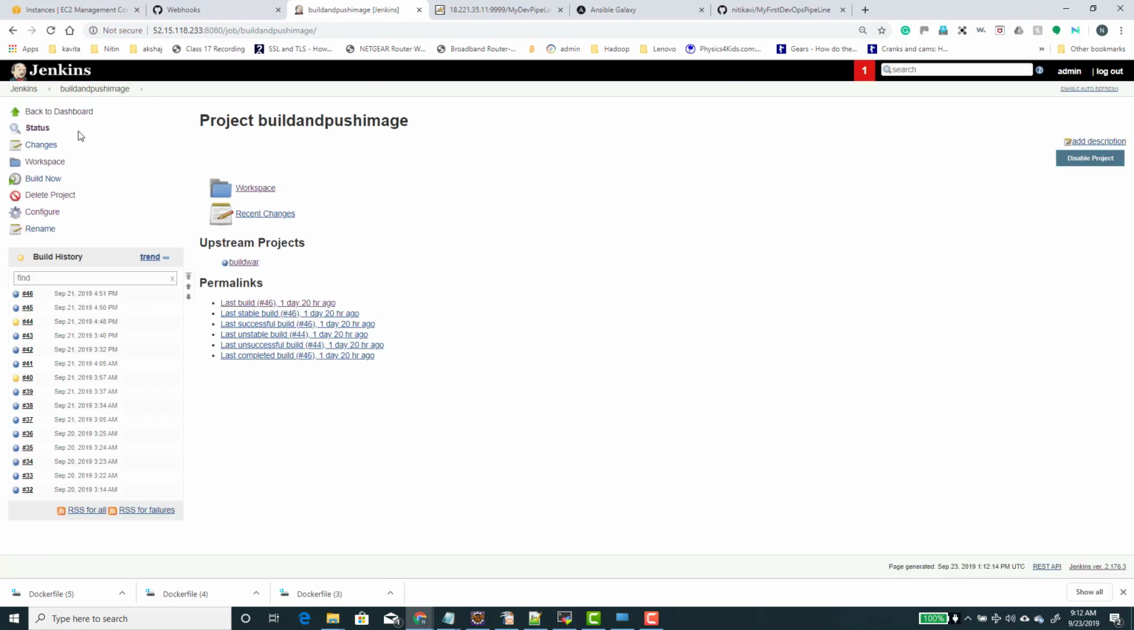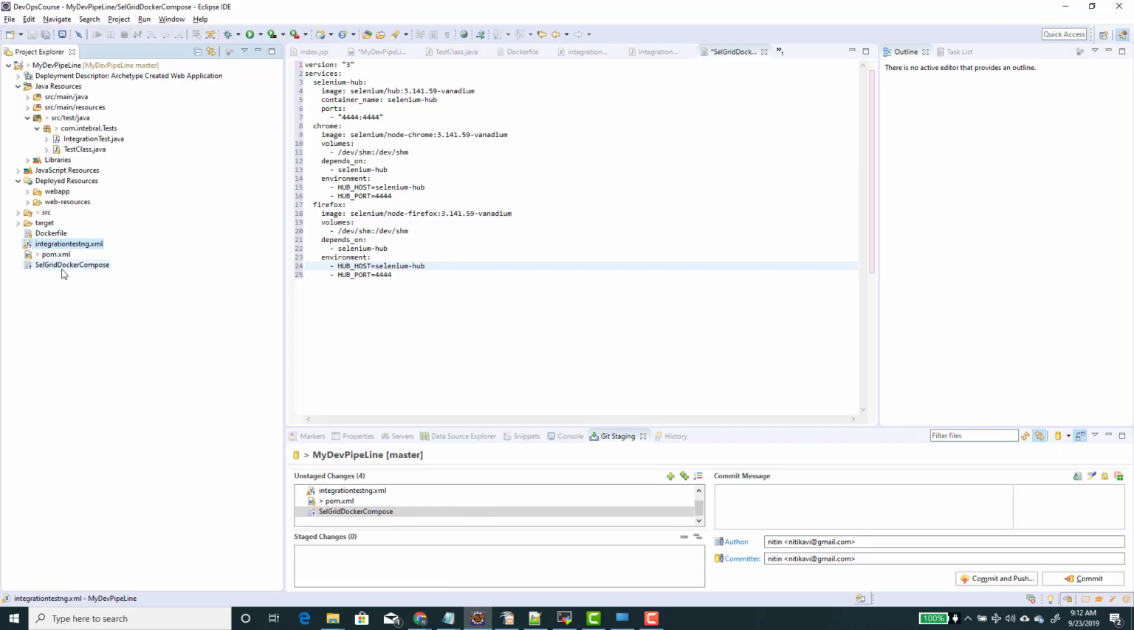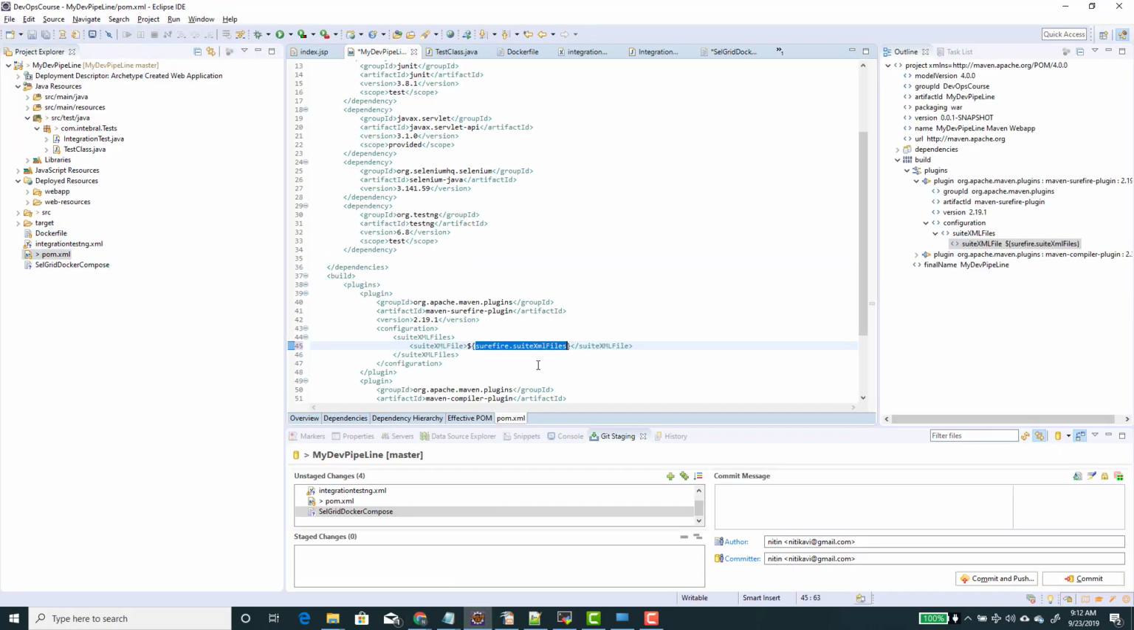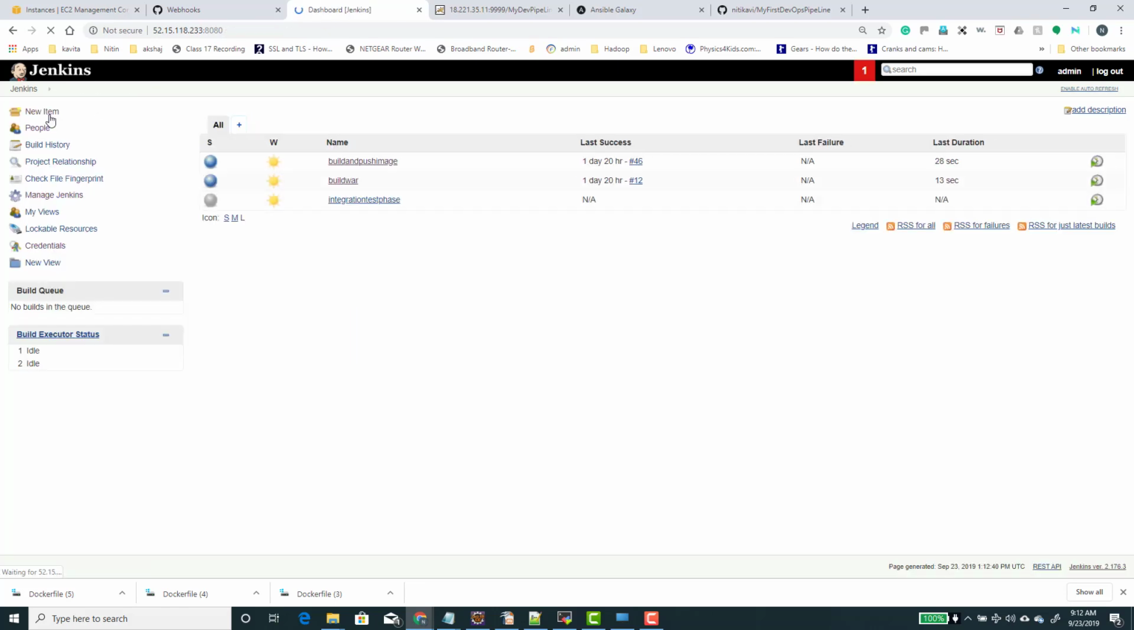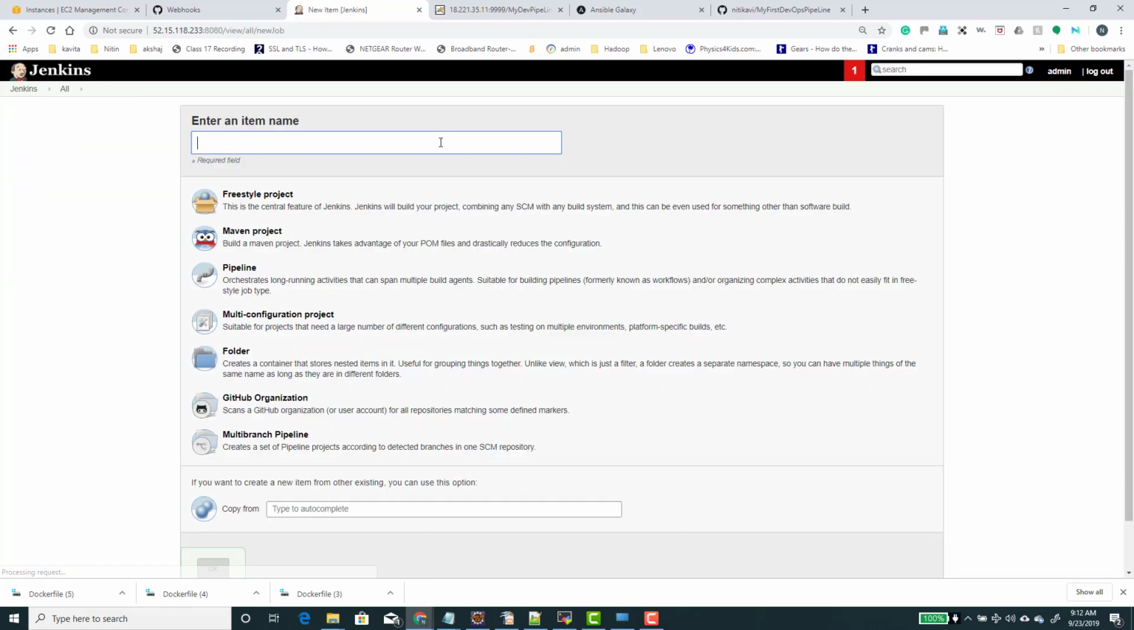Now what we're going to do is add one more job that should run after the build and push image job that will run our integration test. So all those parameterized changes that we made in Eclipse over here, we made our POM file parameterized. All those changes will come into play now. So let's do that. Click on back to dashboard, click on new item, and let's call it